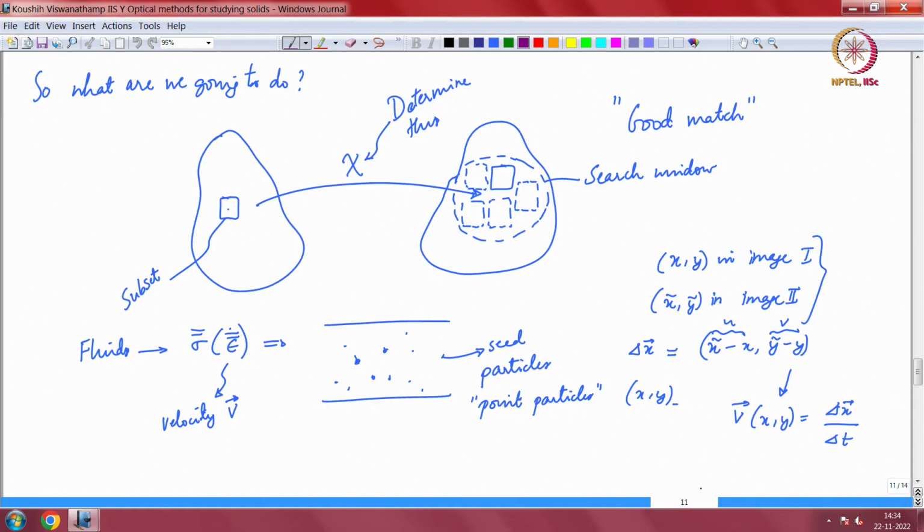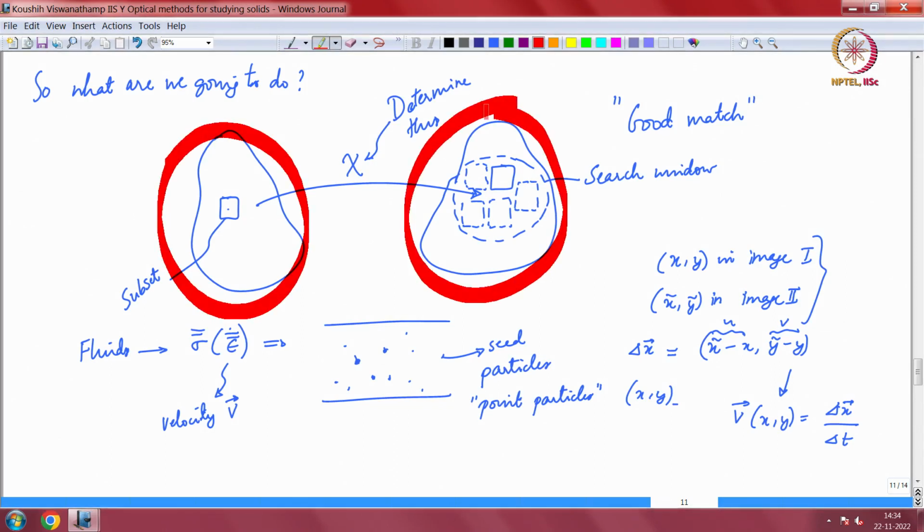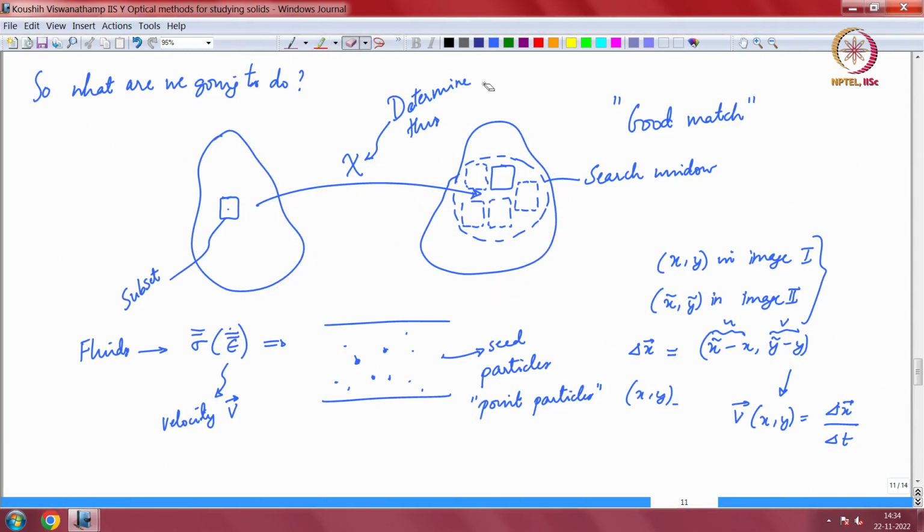So, this is where we were. We had discussed this idea of undeformed configuration on the left and a deformed configuration on the right, and we said that the aim is to determine this mapping, which we called chi, which takes the undeformed configuration to the deformed configuration. To do this, we take a subset at a particular point in the undeformed configuration that is marked over here, and we search within a search window in the deformed configuration, and we try to